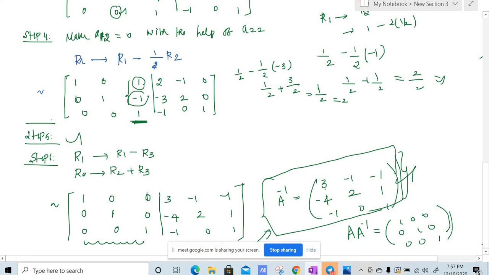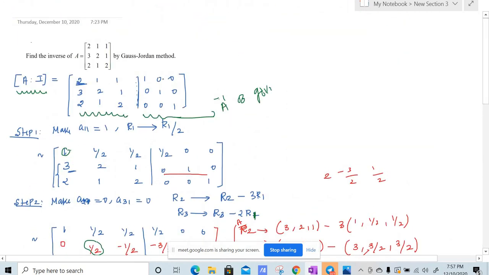So you just multiply, that is, we need to multiply a 3 by 3 matrix. You will get the answer as 1 0 0, 0 1 0, 0 0 1. Then this is the inverse for the given matrix, right? So again, these are studied at school level. I'm just following a 12th standard book.